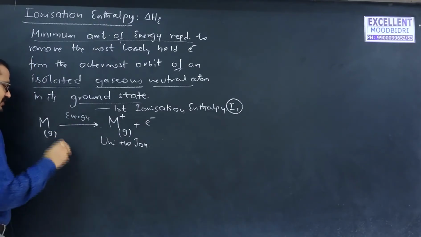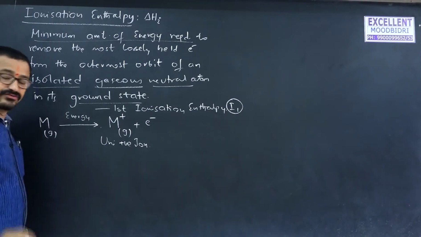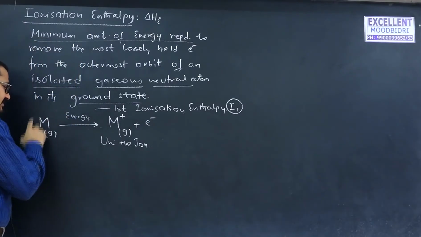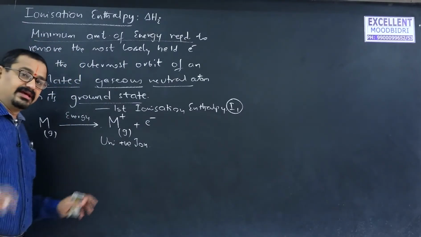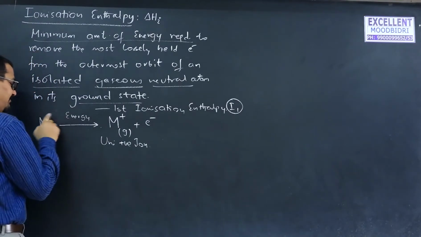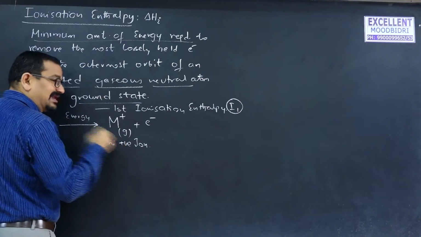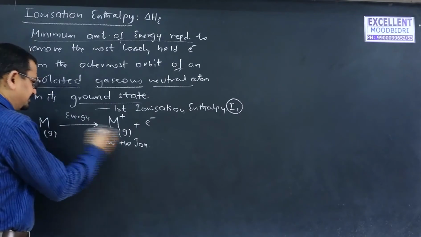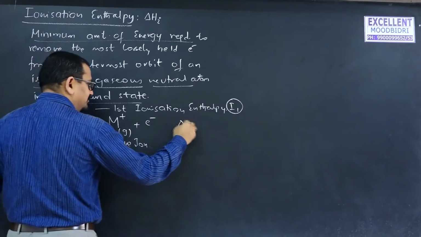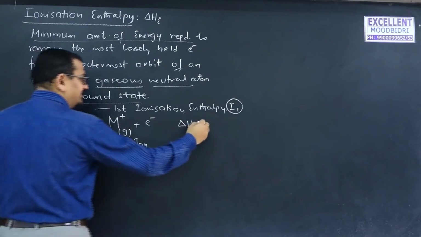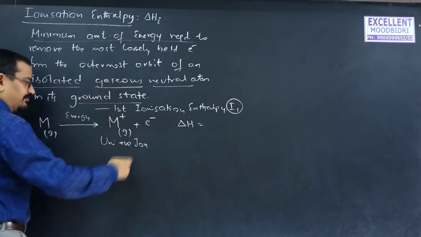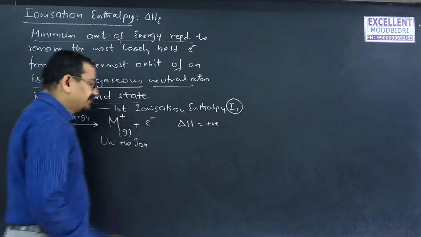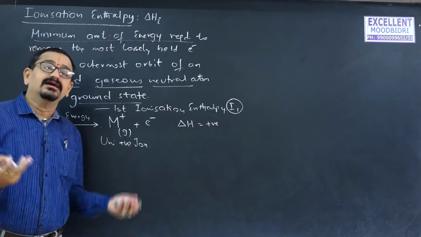See, actually, suppose M has some energy. We need to study the notation also. Anyhow, we are going to study it in thermodynamics. Suppose the energy of M is 100. When you supply some energy, what will be the energy of M plus? More than 100, no? Conceptually, if you observe. So what is the energy change? It is called enthalpy change. Enthalpy change is high energy of products minus low energy of reactants. So it will come with what sign? High value minus low value. It will come with a positive sign.